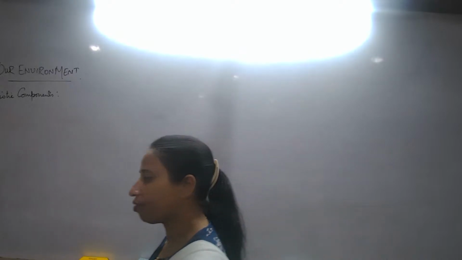Ecosystem. We are talking about ecosystem. The other day we talked about the ecosystem. They have two types of components: biotic and abiotic. So it is the biotic component that we are talking about. What is it? These are the plants and the animals, the living components, which are able to multiply, grow, and reproduce. So we are talking about living components. What are the categories? Let us try understanding the biotic components.